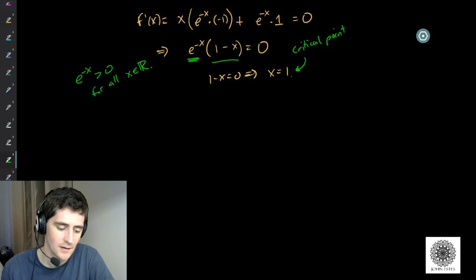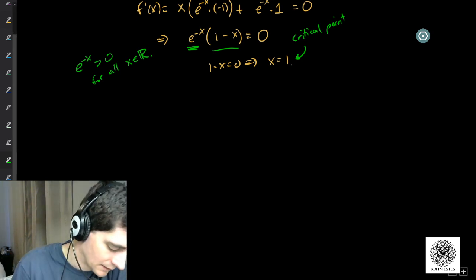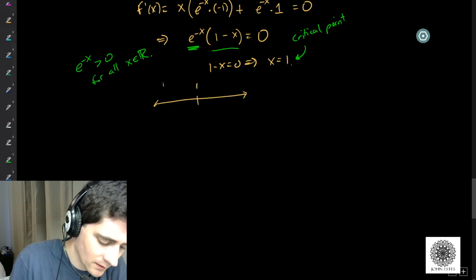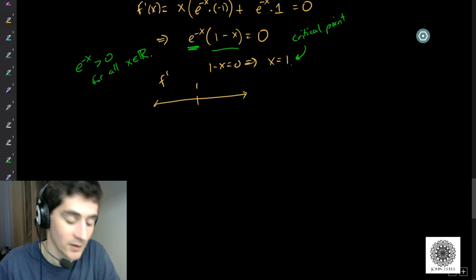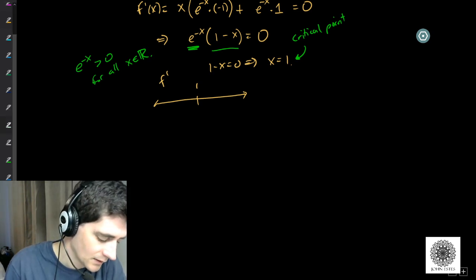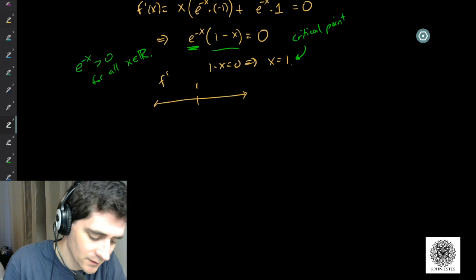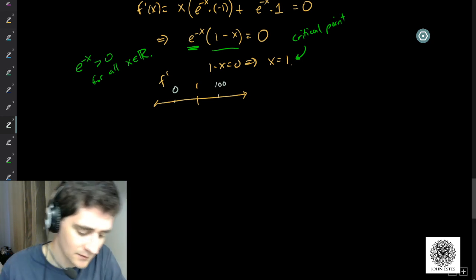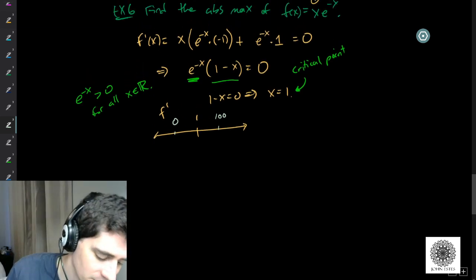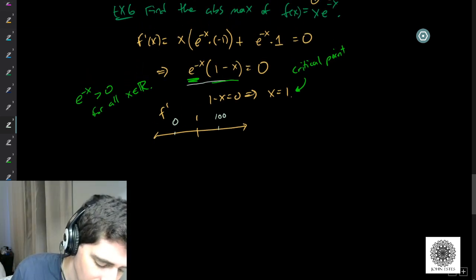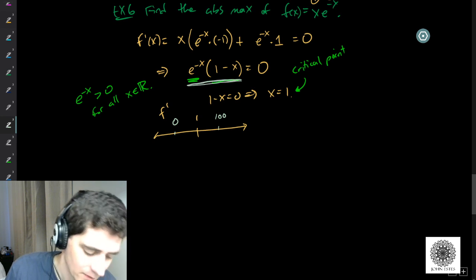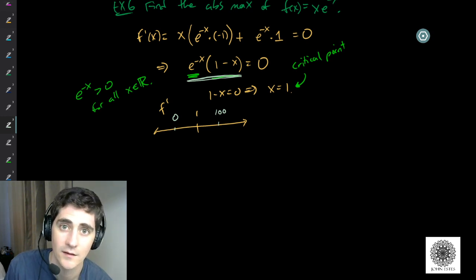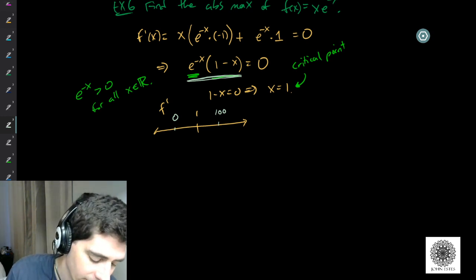Now, is it a min or is it a max? That's a good question. So we can draw a number line, put my critical point there. Remember, I'm plugging into f prime. I'm going to pick some test points. Something smaller than 1. How about 0? Something bigger than 1. How about 100? And we plug that into my derivative, so we're plugging it into this function here. If I plug in 0, e to the 0 power is 1 times 1 minus 0, I get a positive value,